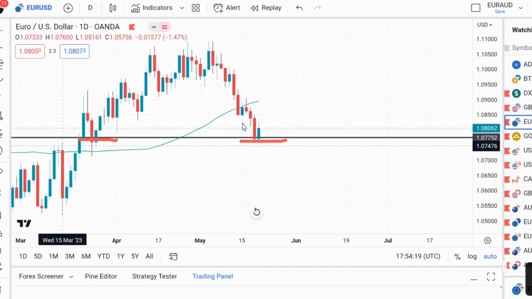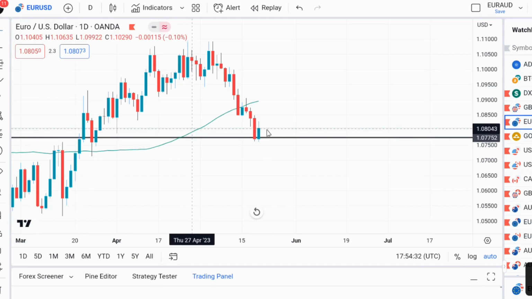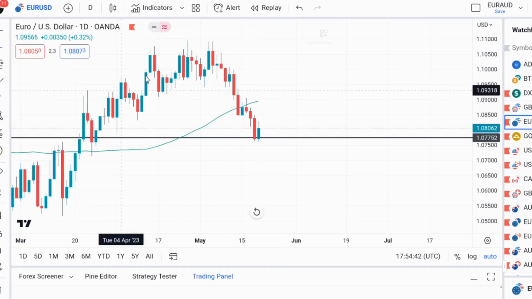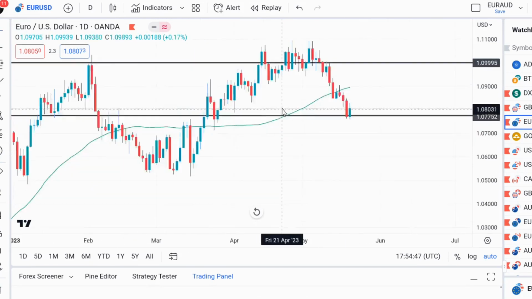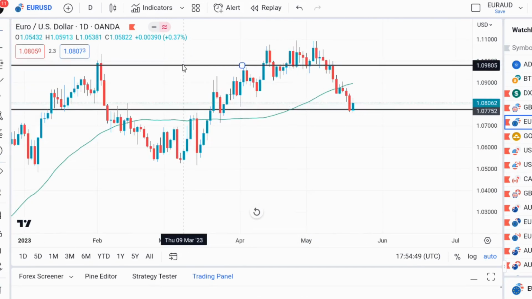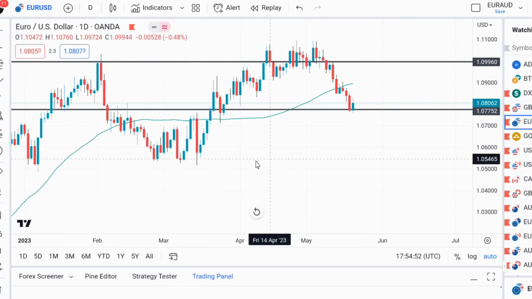But on GBP USD, you can enter and risk it because it is in an uptrend, and then we have a very strong support level at that particular level. But this one, we have to wait for confirmation at this particular area to the upside. My own personal bias is to the upside at this level, and then the take profit should be at 1.0995 because this is a safe zone right here.